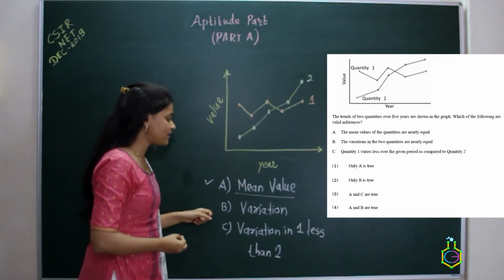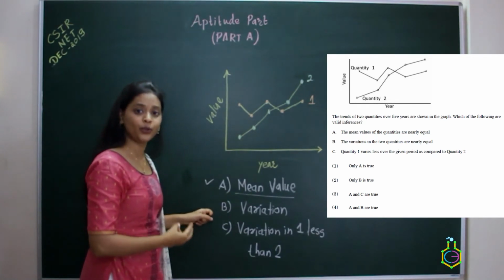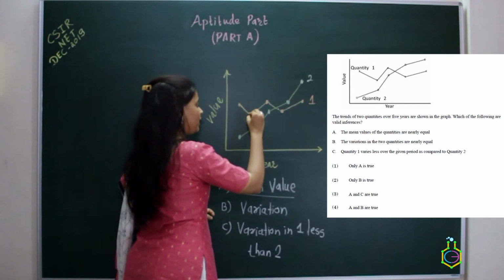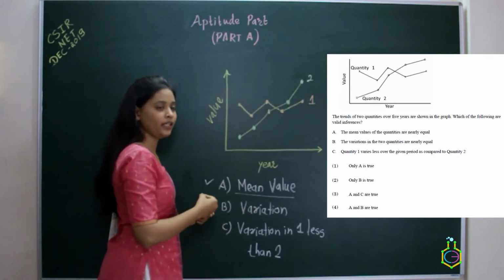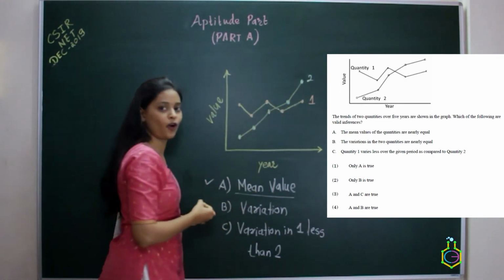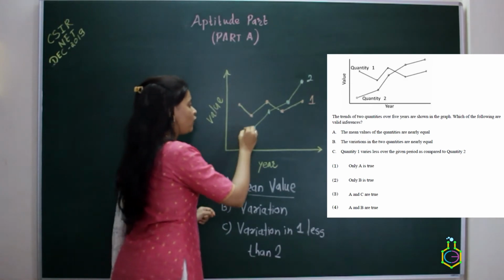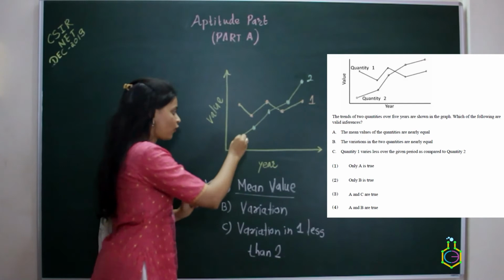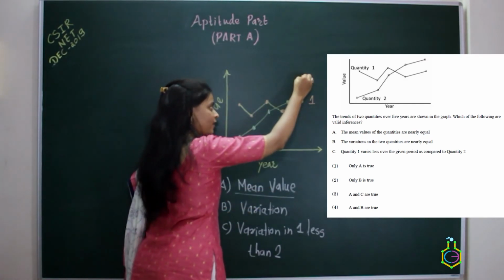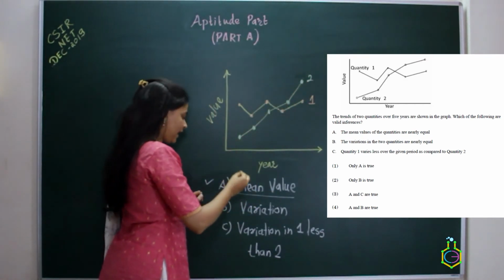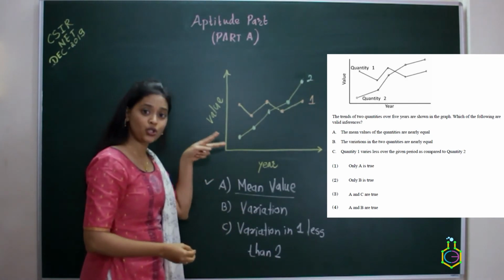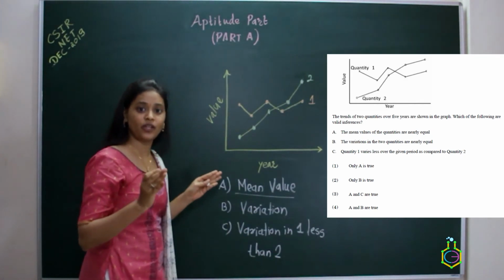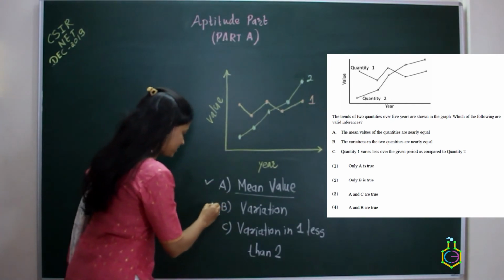The second inference is: the variation between the two quantities is nearly equal. Here, what is happening? The variation for quantity 1 is over a very short period of time. On the other hand, for quantity 2, the variation is very high, from a lower to a much higher value. That's why the variation in those two quantities is not nearly equal, but very huge. So that's why this is